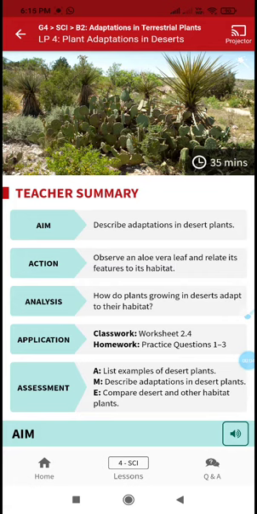In last class, you learned about mountain plants and the adaptations shown by mountain plants. You learned very well. In today's class, we'll see the other landform which is covered by sand. The landform which is covered by sand is known as desert. So, in today's class, we are going to discuss the desert plants and the adaptations shown by the desert plants.